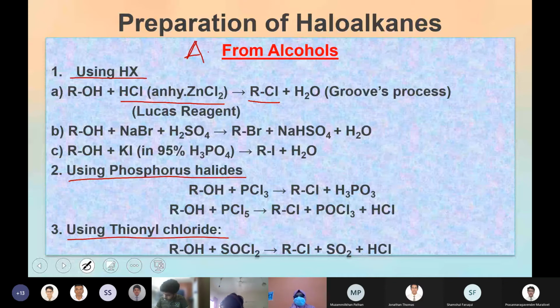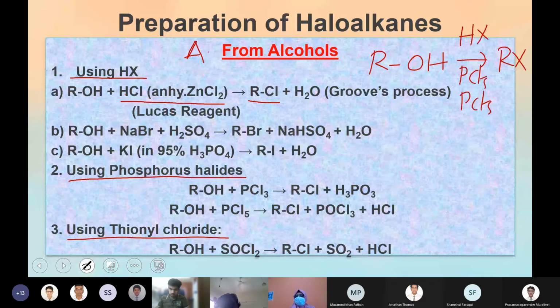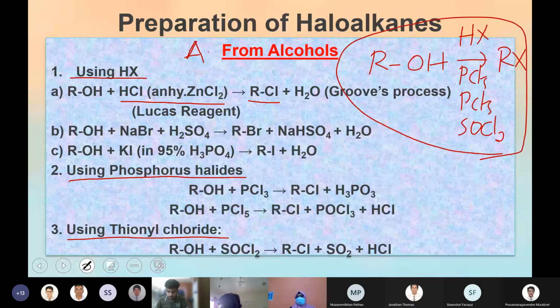This is the basic thing you should know. To convert an alcohol to alkyl halide, you can either use any hydrogen halide or you can use PCl5, PCl3 or SOCl2. This is the basic thing you need to know from all these reactions. Byproducts in organic are usually not very important unless they ask for a balanced equation. In organic they don't ask for a balanced equation. Only what you have to write is the major product. So the major product is alkyl halide, your starting compound is alcohol, and the reagent.